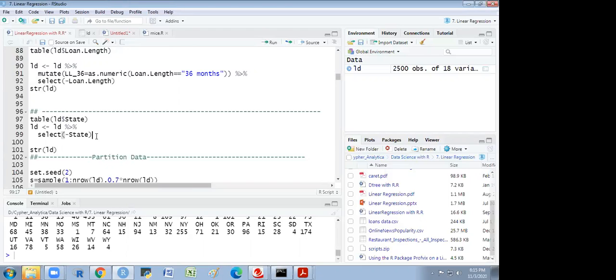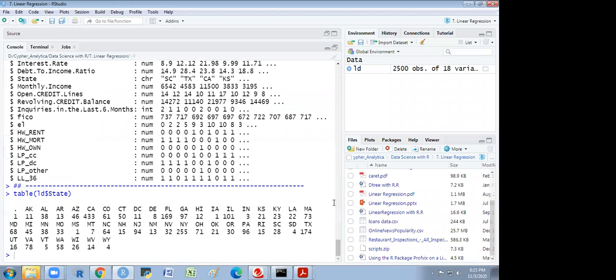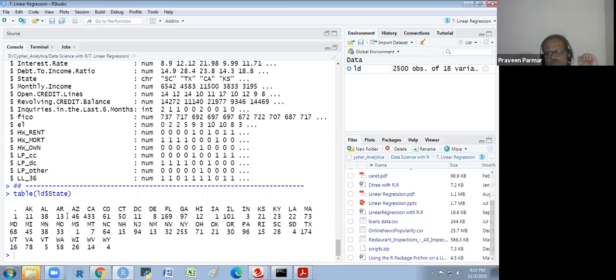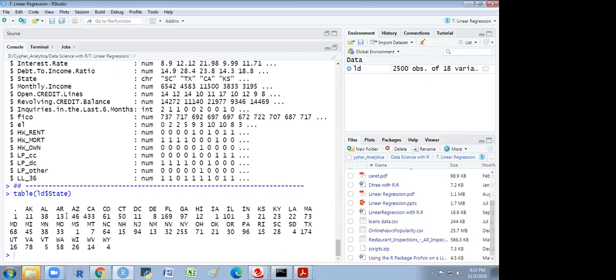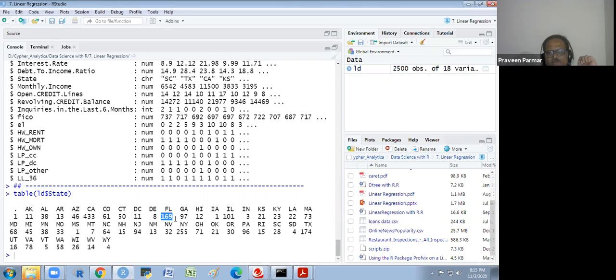Sir, I am just asking, because here more number of categories are there, so you are removing the variable, right? Is there any criteria, like only 5 categories or 10 categories? No, there is no such criteria. So I am removing this because there are so many categories. The 169, 433, 101 is there, then 96 is there.